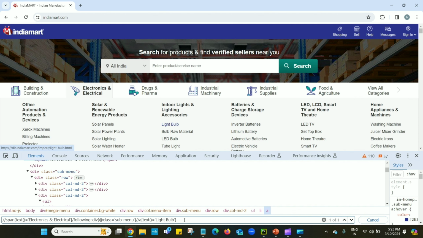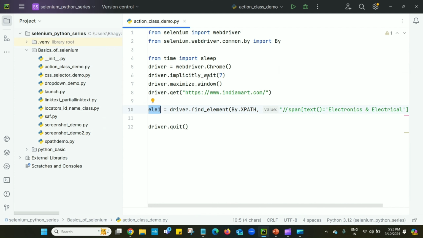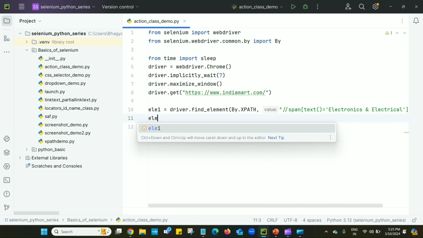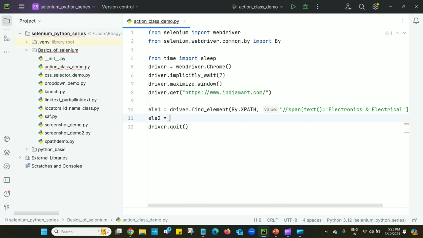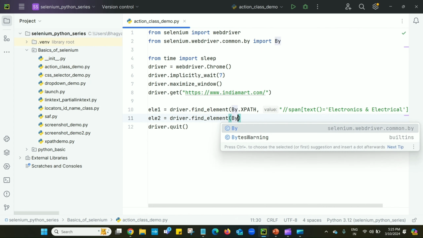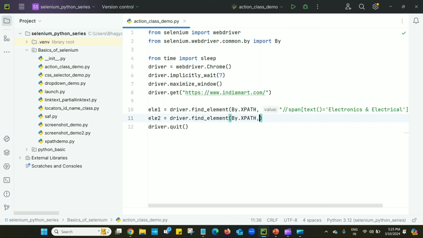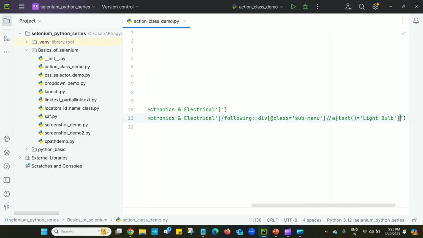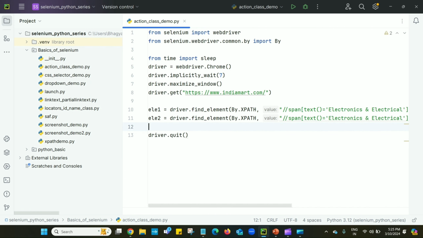So this is the XPath for this light bulb. So I will write here element2 is equal to driver.find_element(By.XPATH), and this is element2. Okay.